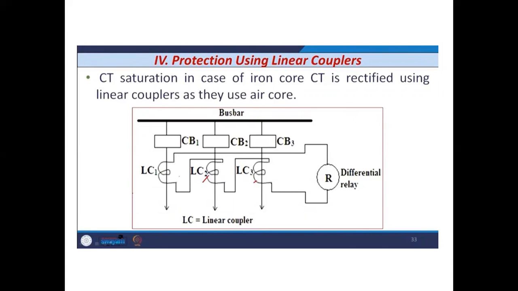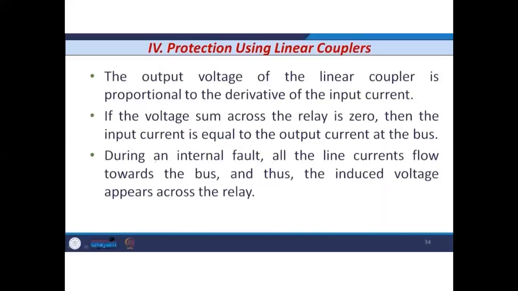So in this case, instead of utilizing conventional CTs, you are going to use air core CTs. So saturation in iron core CTs is again completely rectified by using the linear coupler, which is nothing but the iron core CTs. So these CTs are changed. Okay, these three CTs are CT1, CT2, CT3. These three are changed. So the output voltage across the linear coupler is proportional to the derivative